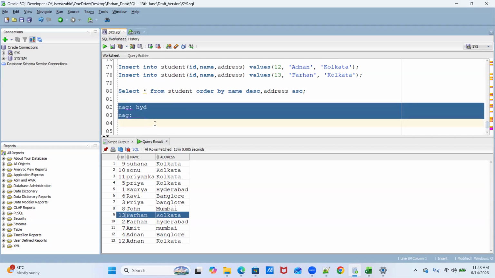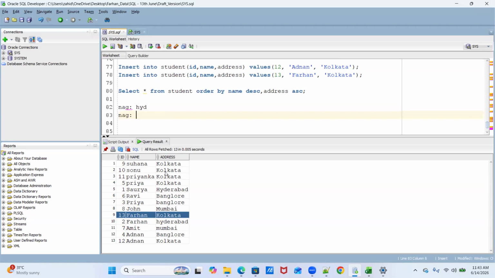So what you saw over here is, I inserted two records with the name Farhan, and you'll see the same name Farhan but the address is different.